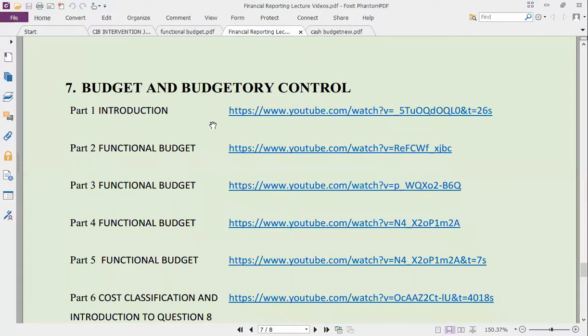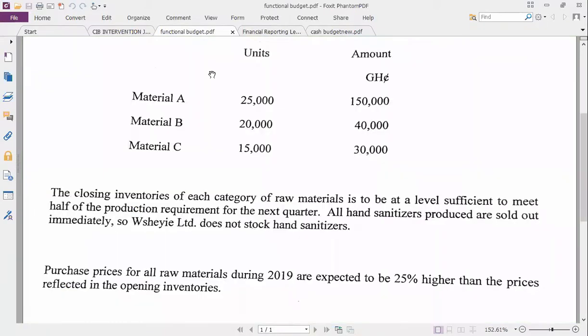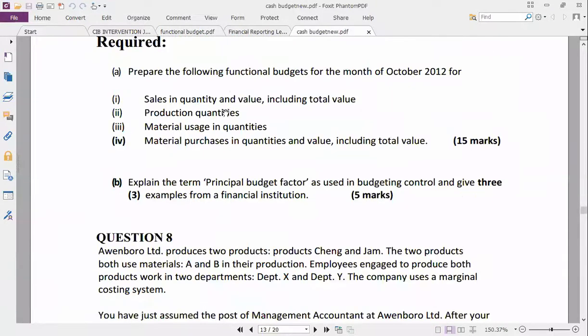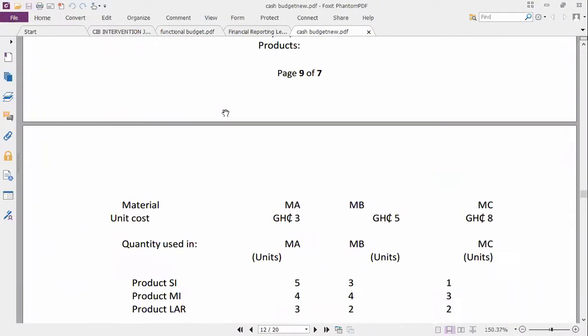Introduction: something small about budget and what you need to know, the types, all the theories have been gathered there. Then this functional budget, this particular question is what I'm giving out. Question 7, the one that we are looking at, New Limited, is